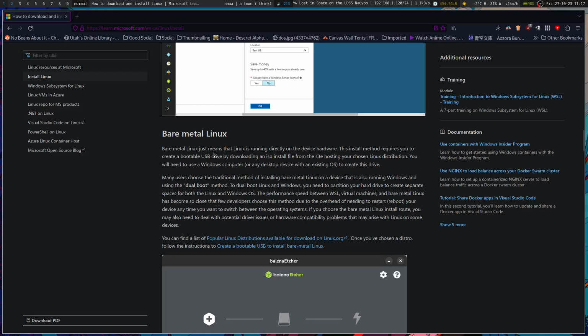Bare metal Linux means that Linux is running directly on the device hardware. This install method requires you to create a bootable USB. Yeah, how many people, by raise of hands, have ever created a bootable USB for their Linux install? Okay, many users choose the traditional method of installing bare metal on a Linux device that is also running Windows